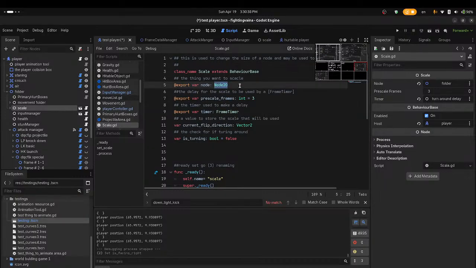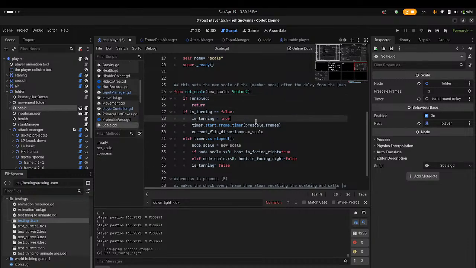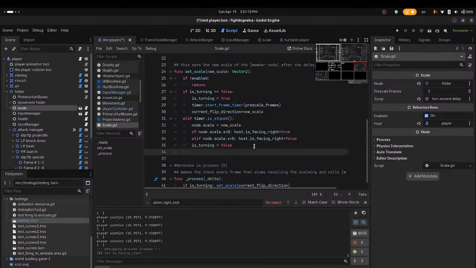Hmm. Scale. Flip direction equals new scale. If turning equals false when this is called initially, start turning. Set the timer, then if it's stopped, set the new scale. Set turning is false, then if